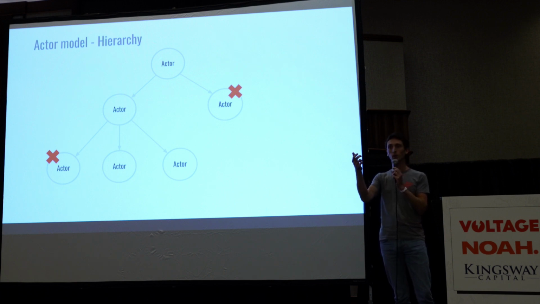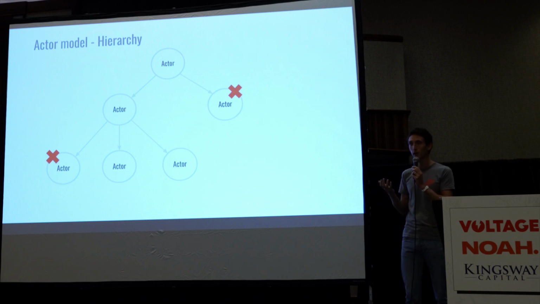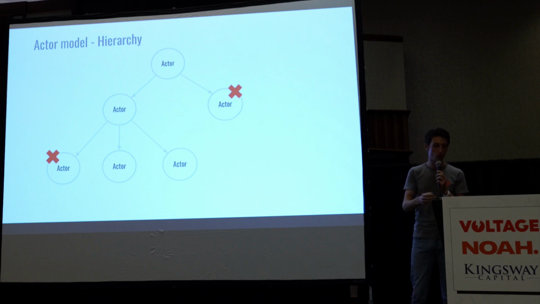And the actor model forces you as a parent, when you spawn a child actor, to decide what you're going to do on failures. You can either just restart the actor with the exact state that they had and just drop the message that made them fail, or you can reset the state, or you can do exponential retries and back off, or you can just bubble up and kill yourself and let your parent handle the failure as well. So that's another aspect that forces you to think about all the ways your program could go wrong and make sure that you handle errors without degrading quality of service.